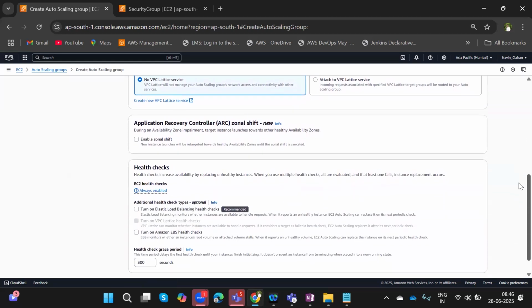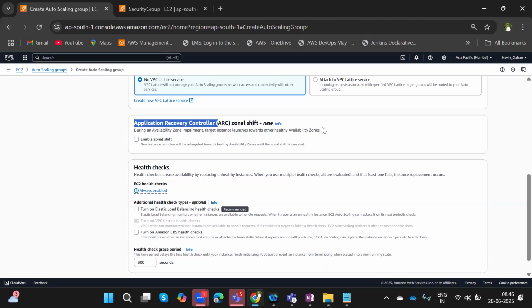Now after that, what do we do? This we'll talk about when we're discussing Kubernetes. There is something called Application Recovery Controller, nothing but ARC. This all comes under disaster recovery. Because if something goes wrong, if plan X failed, what is your plan Y? If Y has failed, what is plan Z? You have to understand what is meant by plan X, plan Y, and plan Z. When I talk about Application Recovery Controller, it means during an availability zone impairment,